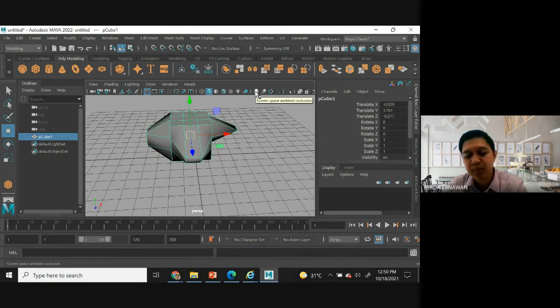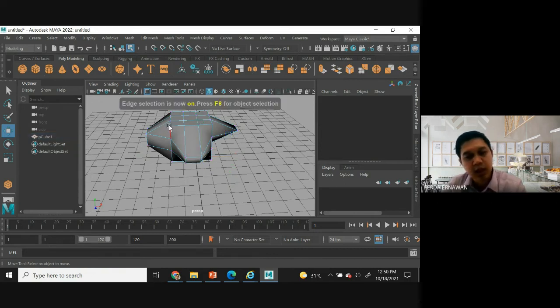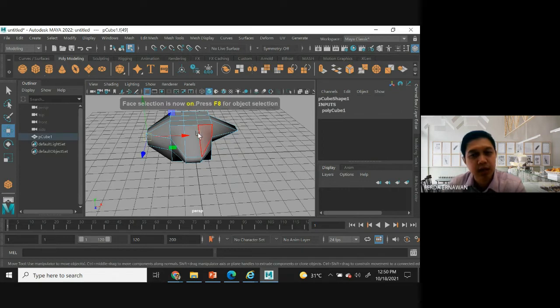Same. How about the F9? F9 is showing you vertex. F10 is about the edges. How about the F11? It is the face. Basically the same. All right, this is UV.